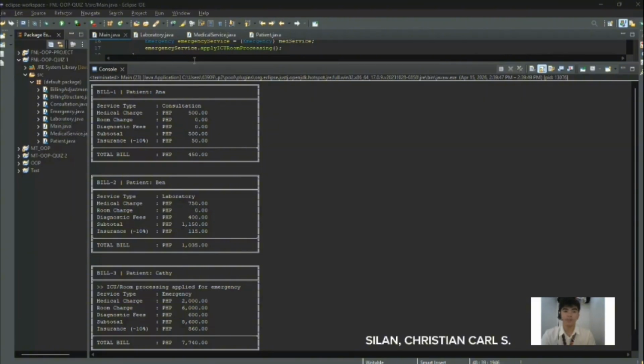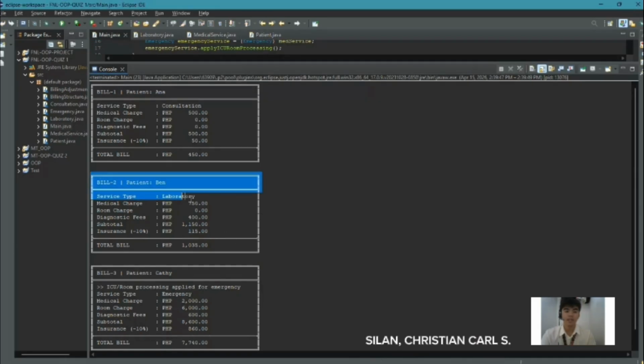The program retrieves the predefined medical charge of 500 pesos for consultation and identifies that no additional room charge or diagnostic fees are applicable. Finally, it applies a 10% insurance deduction, which is 50 pesos, to the subtotal, resulting in the correct formatted total bill of 450 pesos.